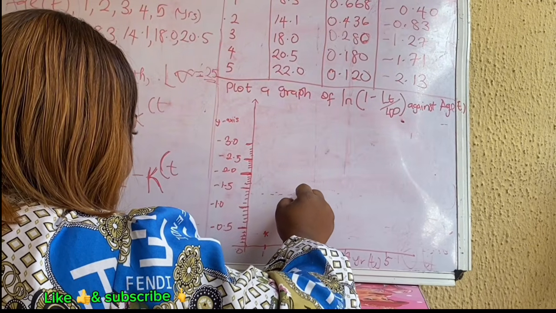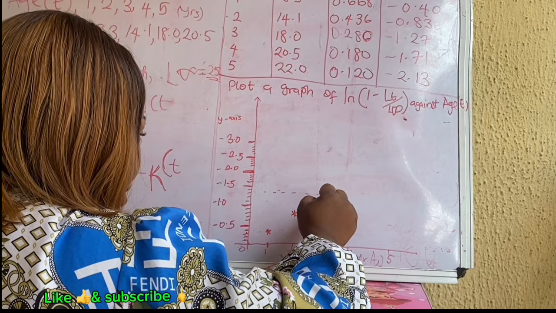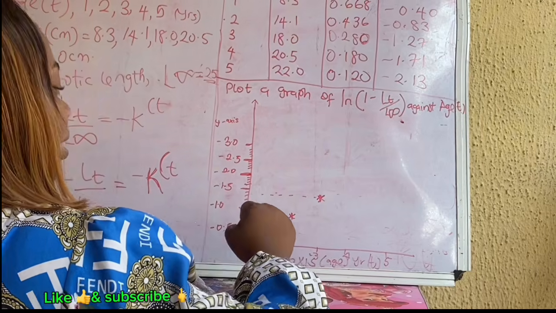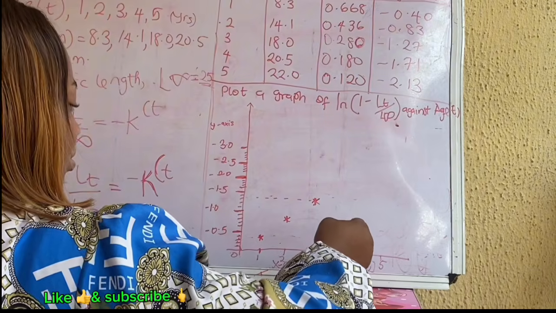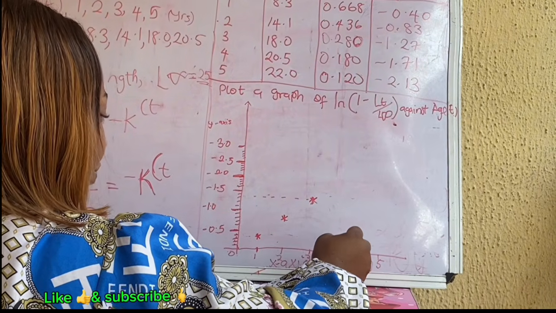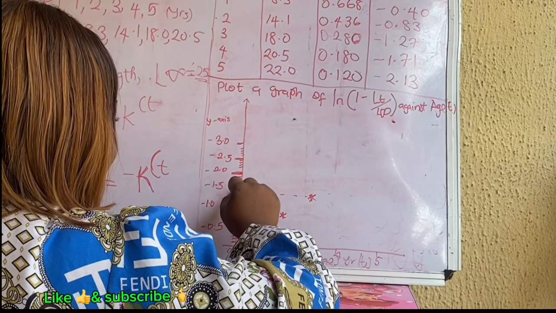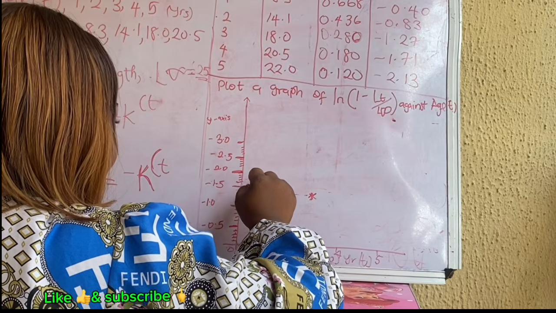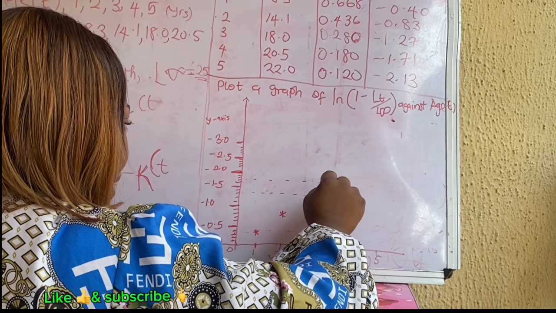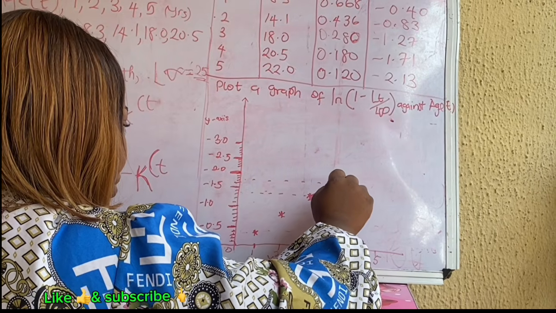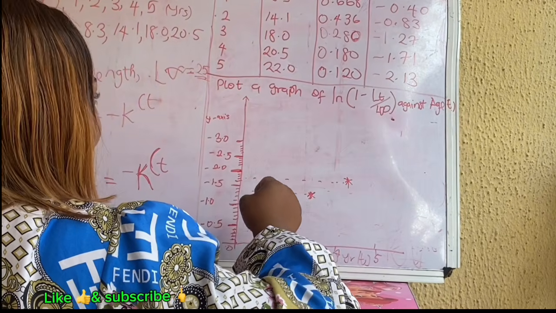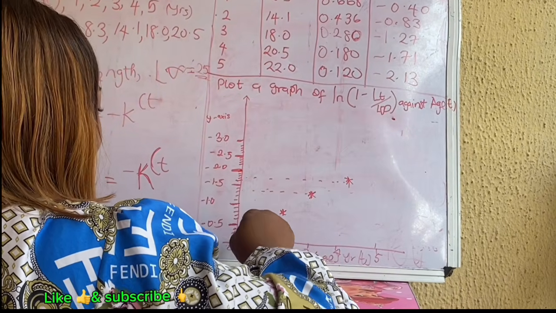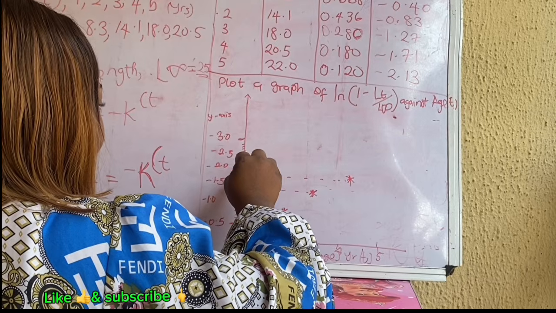I need to get this line. This is age 3, somewhere here. Then age 4, minus 1.7. This is 1.6, 1.7, somewhere here at age 4. Then age 5 is giving you minus 2.13, which is minus 2.1. Then you come over here, this is 2.1